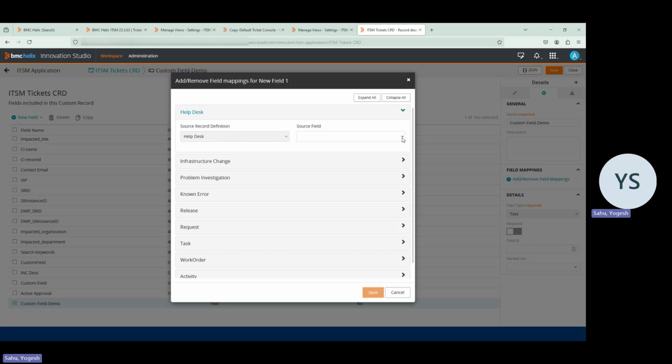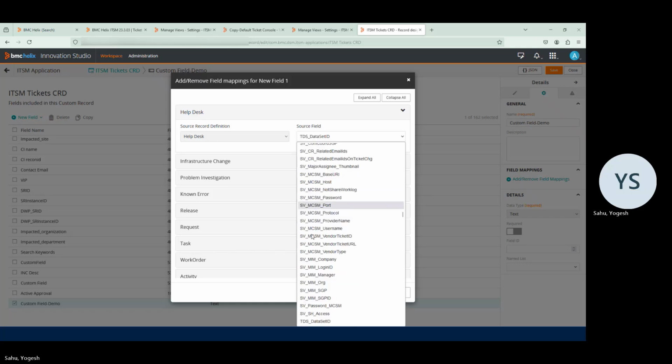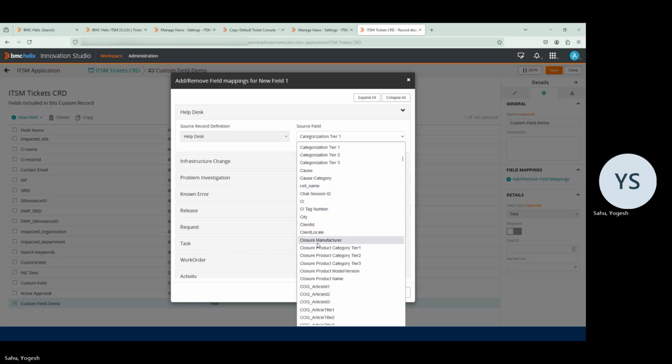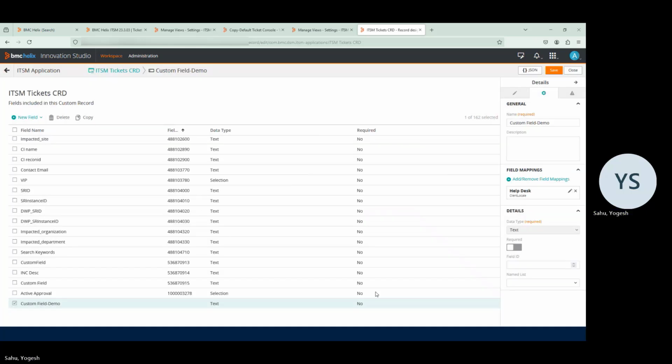But our motive is to check with the custom one, so I will check for the custom field which is already available. Like client local, I'm taking this as one. Once I select this and save this,